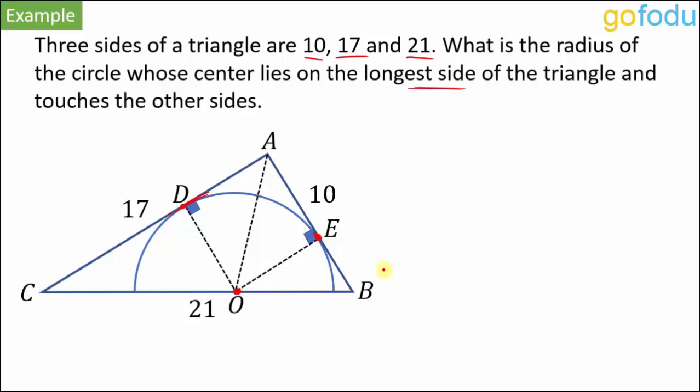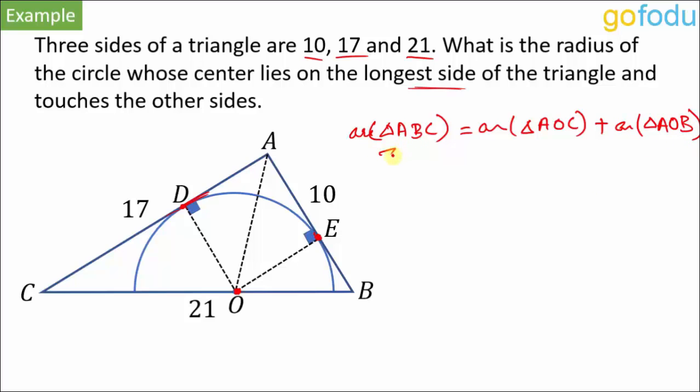The reason we want two triangles is that there is another trick related to area. First trick that we saw in the previous question, we calculated area of same triangle in two different ways and equated the area. Second trick is that area of overall triangle ABC is equal to sum of areas of its constituent triangles AOC and AOB. This is very important trick. Area of triangle ABC is equal to area of triangle AOC plus area of triangle AOB.